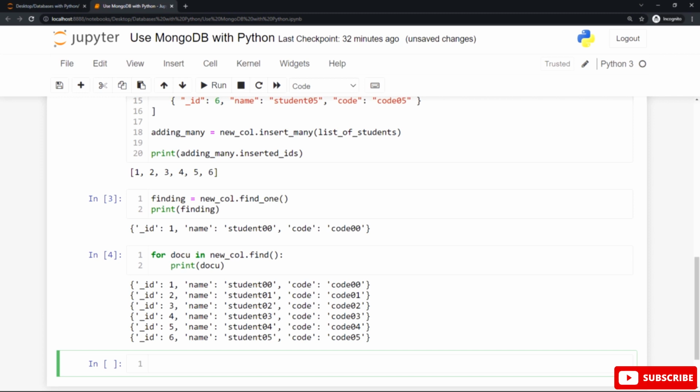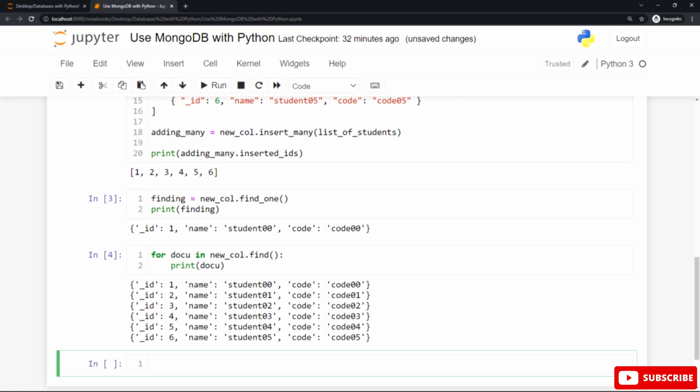You can create another variable instead of docu. You can call it x, i, n, or any valid name, but try to make it more descriptive, followed by the in keyword, followed by the variable name new col or new collection that refers to our collection, followed by the dot notation, followed by the calling of the find method to select all the documents from inside our new students collection, and the print function to display the output one by one.